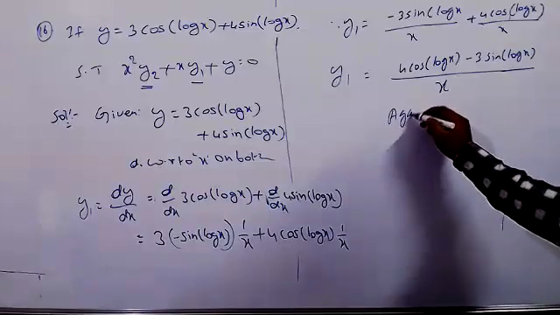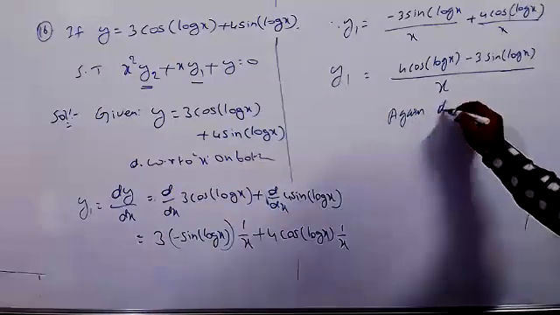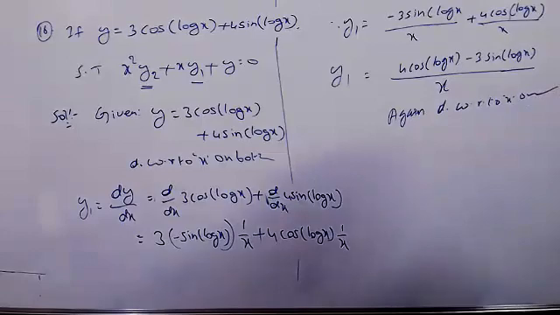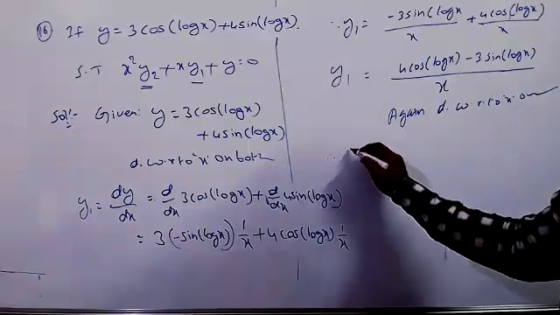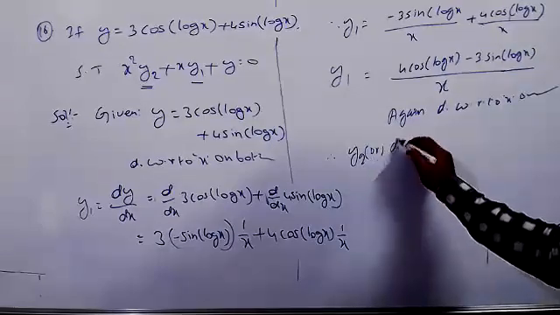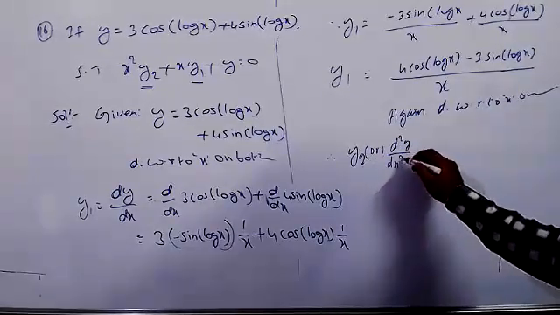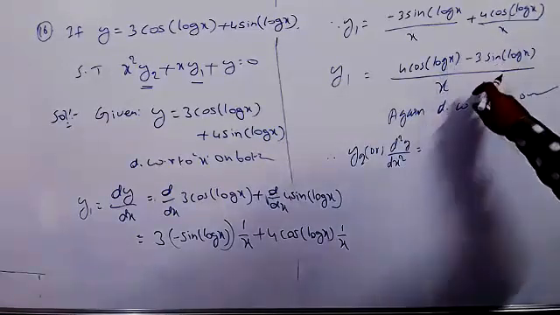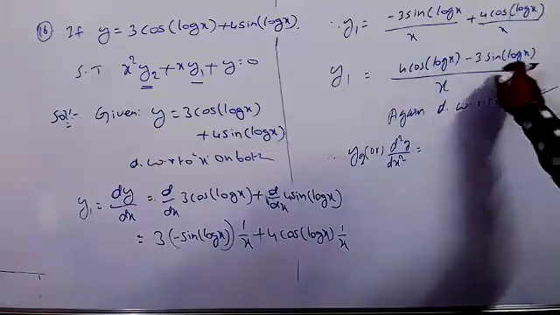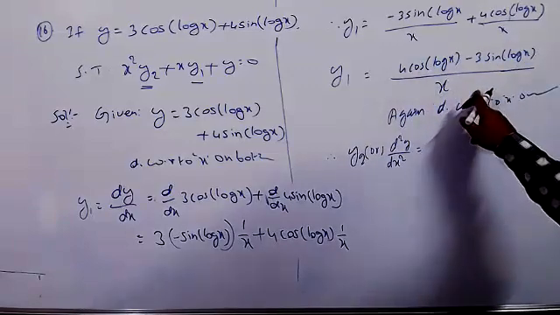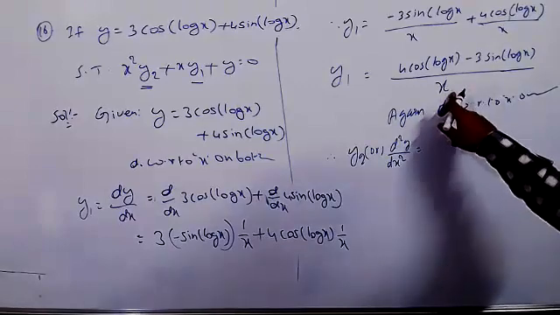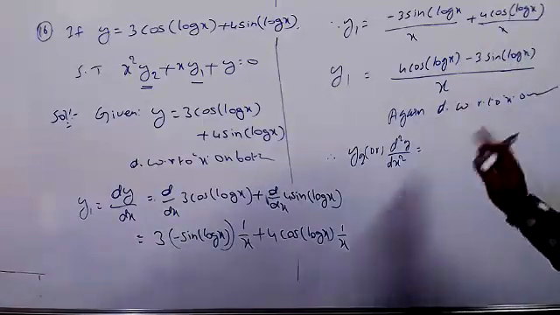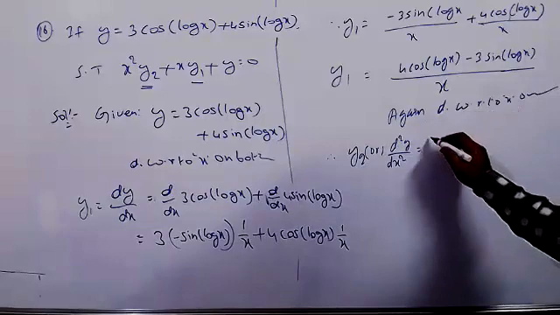Again differentiate with respect to x on both sides. So therefore y2, or d square y by dx square, equal to, the u by v formula can apply. The numerator we call u and x is v. We know the formula: v into differentiation of u minus u into differentiation of v, whole by v square. So you can write x into